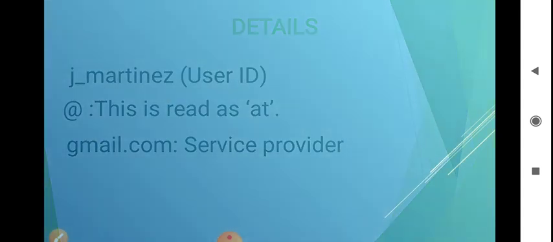In the details, see J underscore Martinez, that is your user ID. At, this is read as at, and gmail.com, that is your service provider. Correct? Now further we'll go.